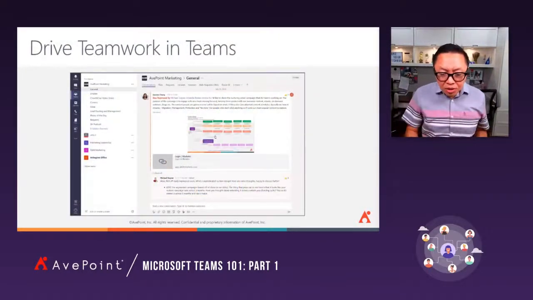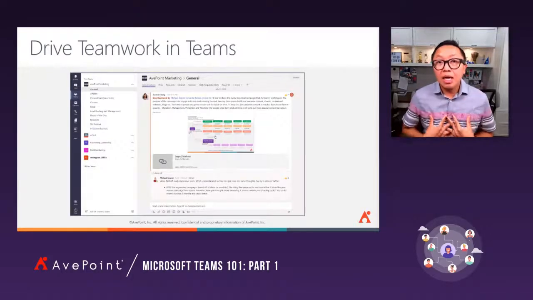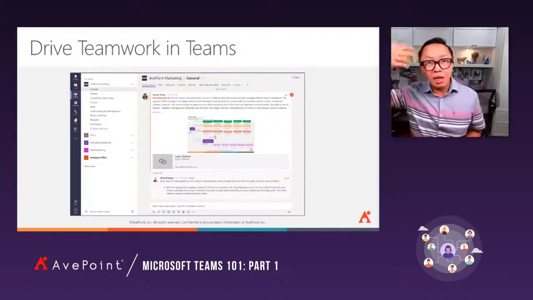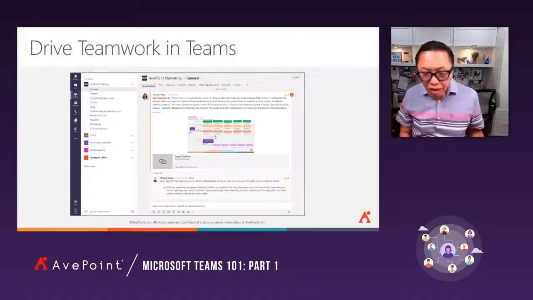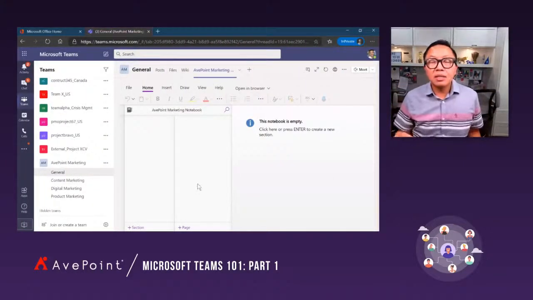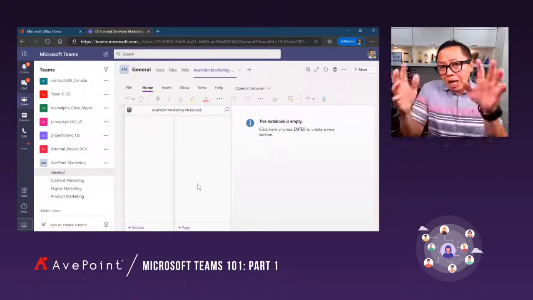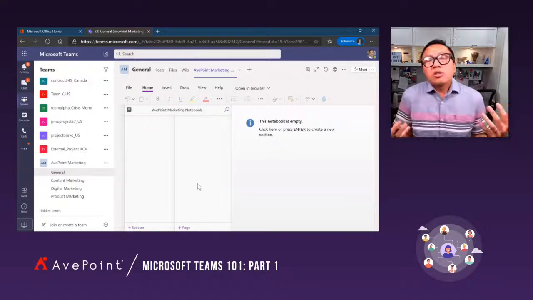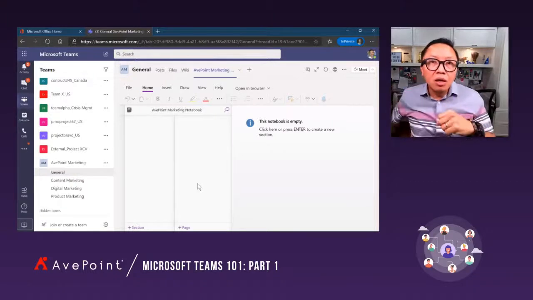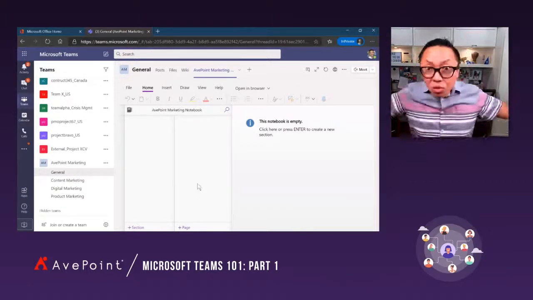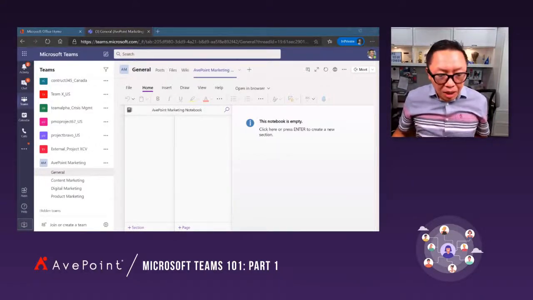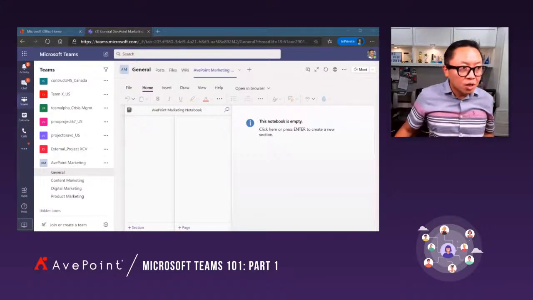So how do you use Teams then, right? For me, as a CMO, we use Teams a lot to get our work done. Somebody was asking earlier, okay, how do you drive adoption? So this is what we did. Listen carefully. As a marketing organization, I'm sure any department or any project team, it's so overwhelming. We use SharePoint to put all of our files. We have group email. We have Jira. We have all these tools all over the place. And that was life. But then when Teams came out, I realized, you know what? Life could be much, much different.